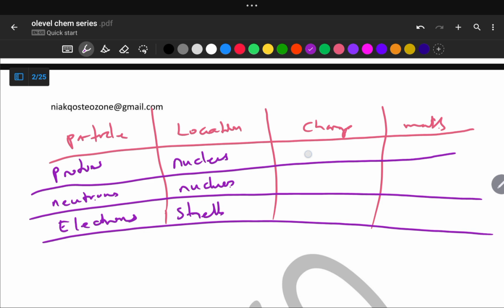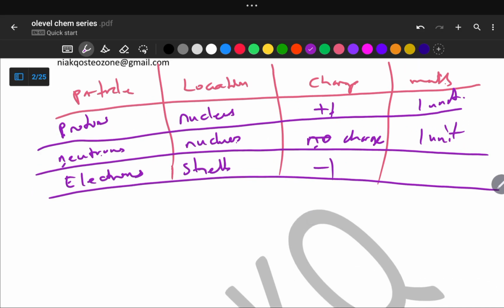So the charge of a proton is +1, and the neutron doesn't have any charge, right? No charge. And then the electron is -1. So P is positive, protons; N is neutral, neutron. Neutron neutral, proton positive. Are we together? And then we go on to the relative masses. So the mass of a proton is 1 unit, and the mass of a neutron is 1 unit, and then